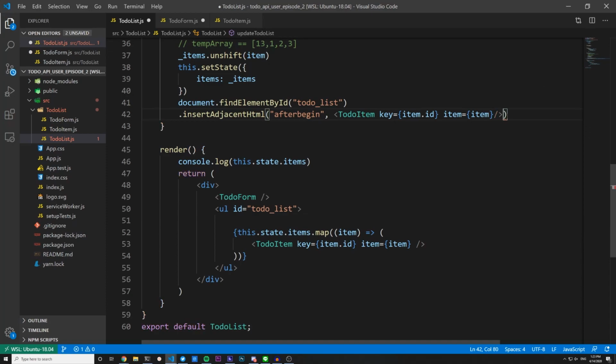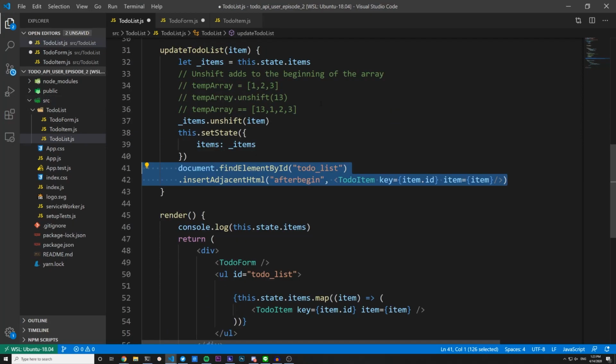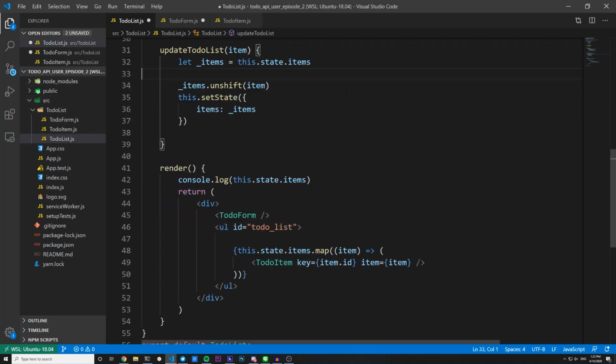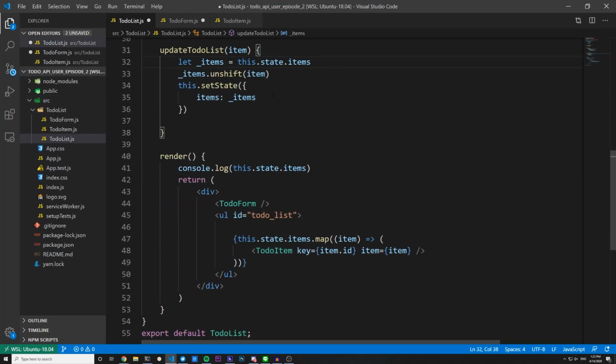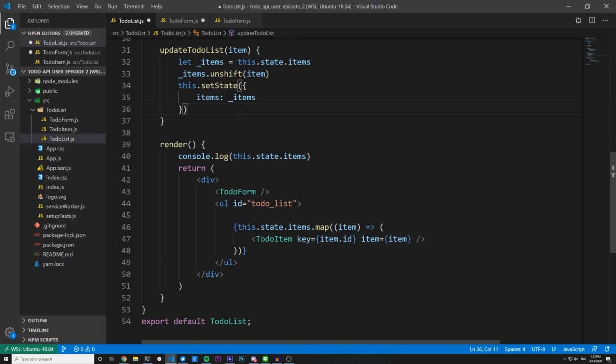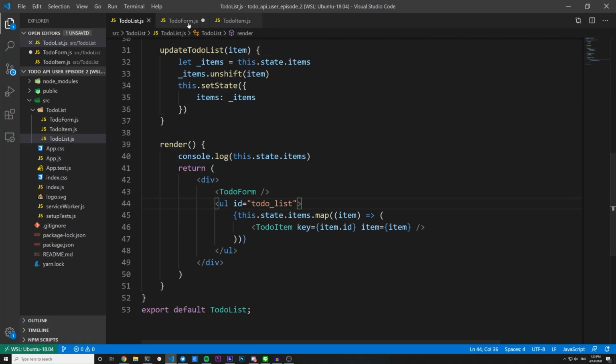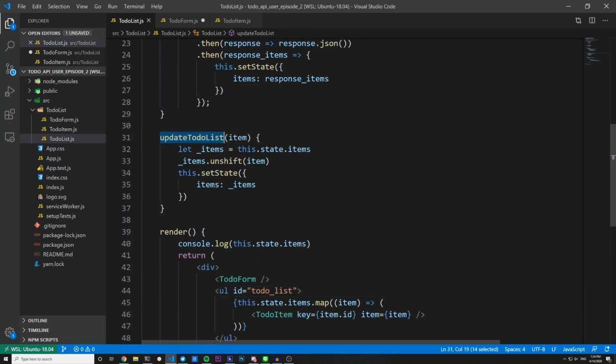Because it allows you to avoid having to do some of these ugly things that we had to do last time. And of course, you can condense this down to fewer lines of code if you wanted to. I'm just trying to make it clear what we're actually accomplishing by using this update to-do list. So if I now save this, and I come back to our to-do form,